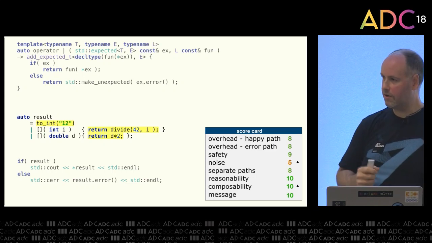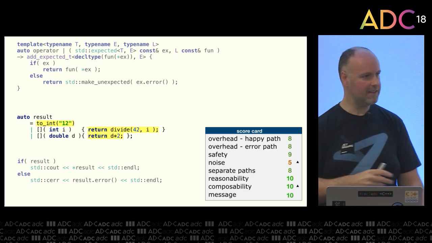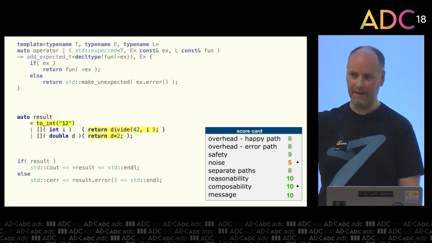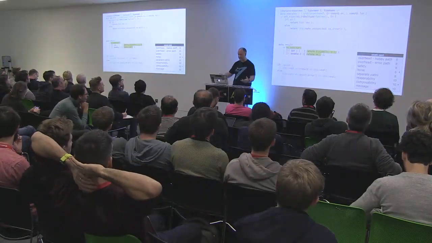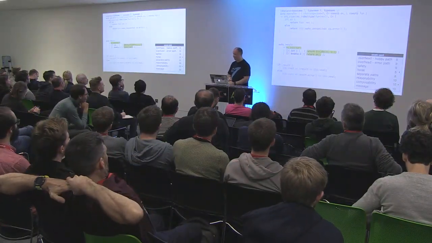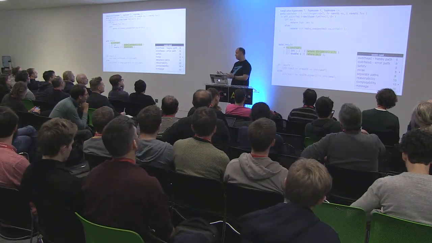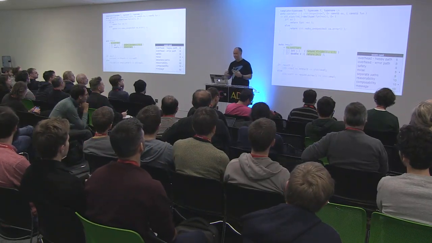But I mentioned functional programming languages earlier. So they deal with this stuff all the time. What we're actually doing here is we're treating expected as a monad. We don't need to dig into exactly what that means today. You can always ask me later. But functional programming languages deal with monads all the time. They must have ways to make this even nicer. So let's go all the way to the top and see what Haskell does.